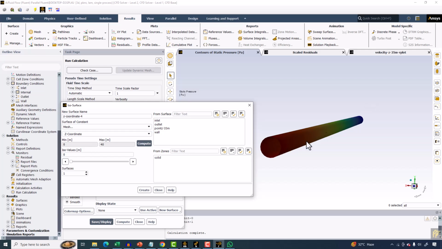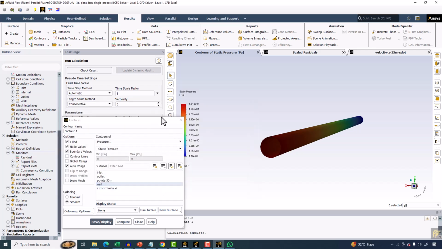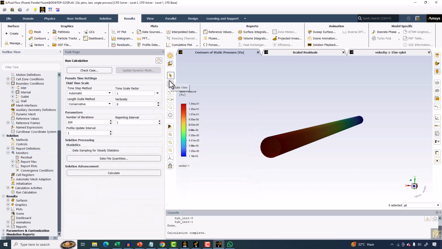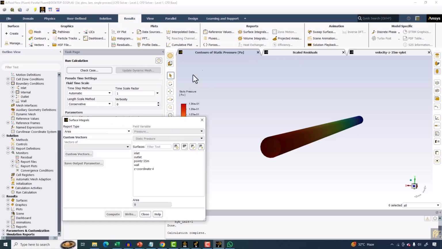So it's from 0 to 40 length of the cylinder. So let's make it 10 and click on create. Okay, and now go to surface integrals, and here, because the static pressure is area dependent, I will use area weighted average at the outlet and z coordinate 4. You can name it, say, the z plane at z is equal to 10